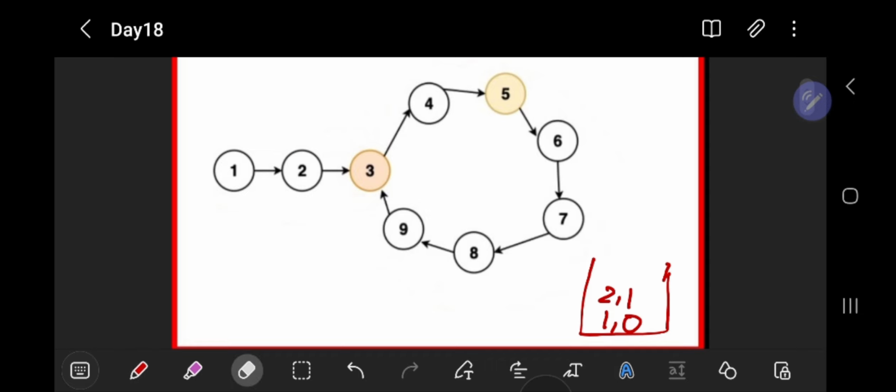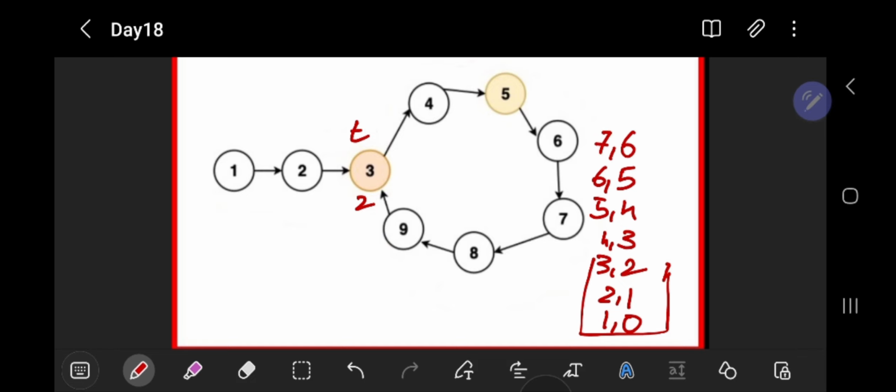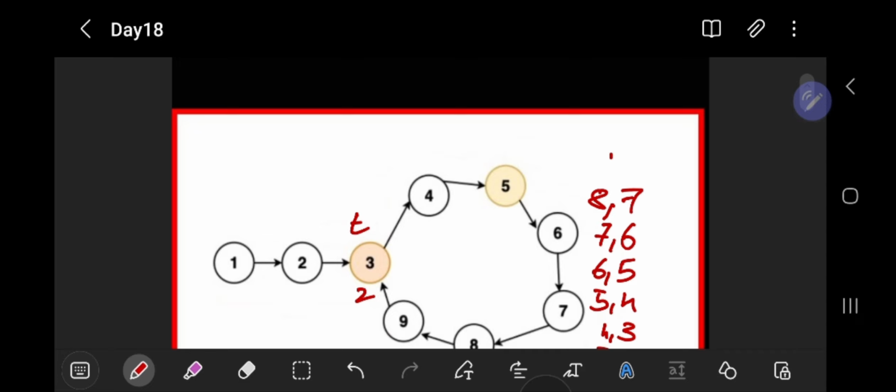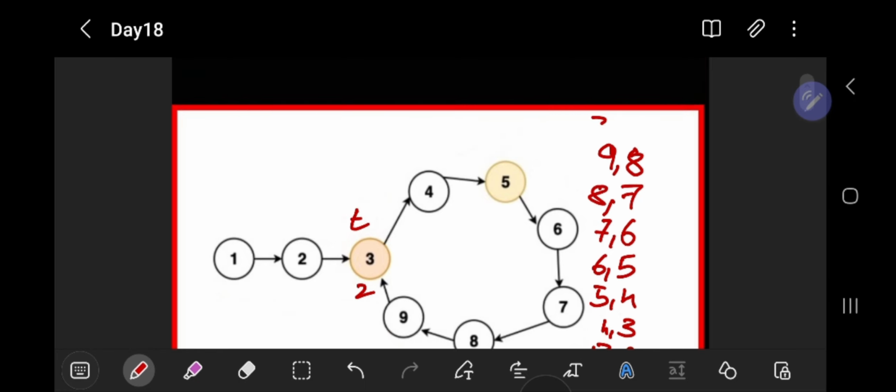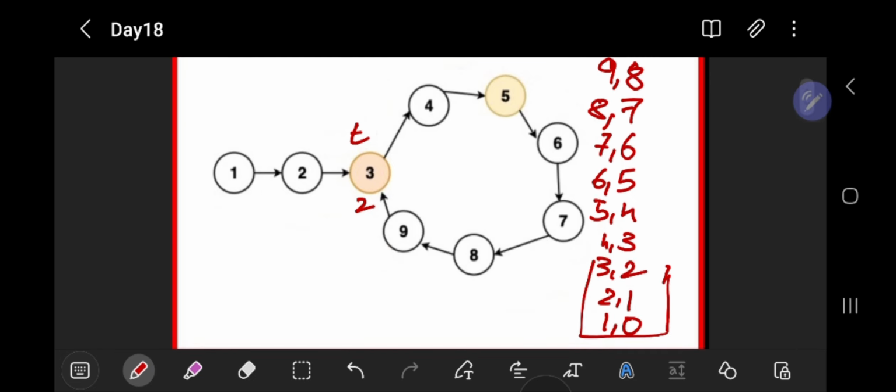Similarly, we'll keep moving our temp. Count will go to 2, so 3 comma 2. Similarly 4 comma 3, 5 comma 4, 6 comma 5, 7 comma 6, 8 comma 7, 9 comma 8. Now 3 comes once again, so we would be having 3 comma 9, but